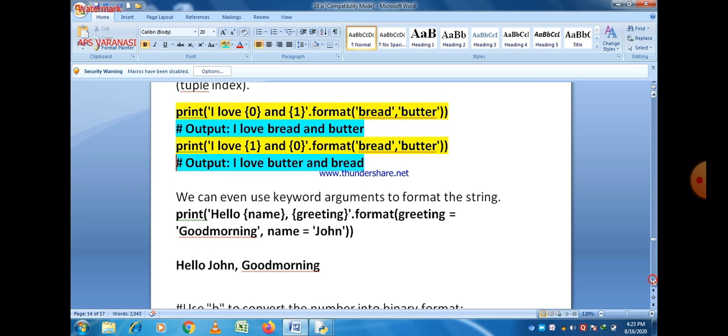Similarly, if we don't use index value and just give the name, then we can also print different values in this case. Just like that, print hello, name and greeting. Format greeting is equal to good morning and name is equal to John. So the name variable contains value John and the greeting variable contains value good morning, and we just write hello, name and greeting. The name and greeting are the placeholders, so the answer will be hello John, good morning.